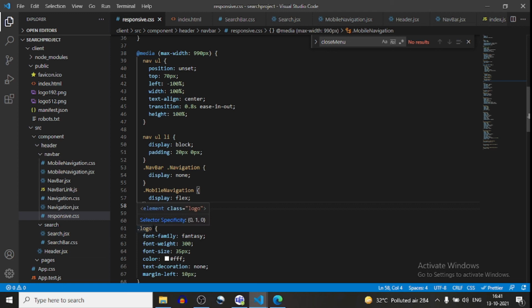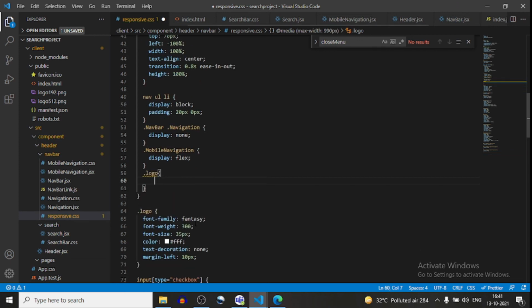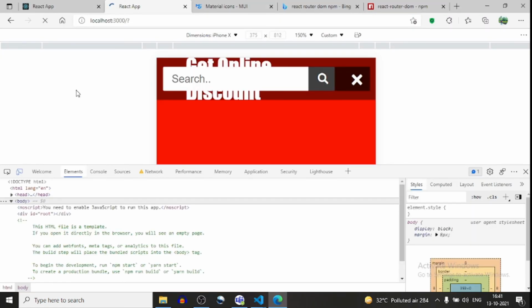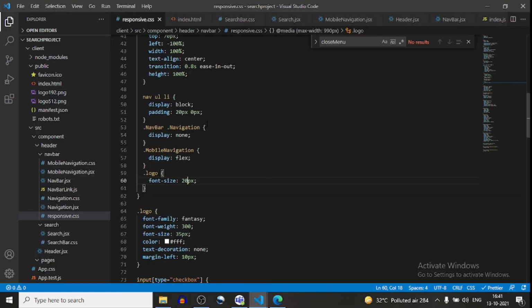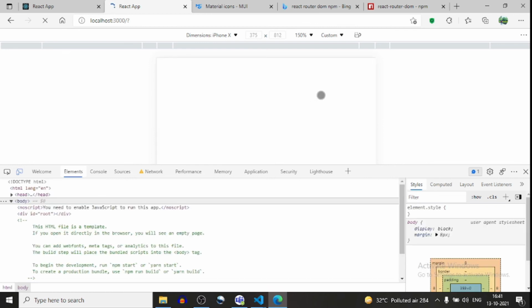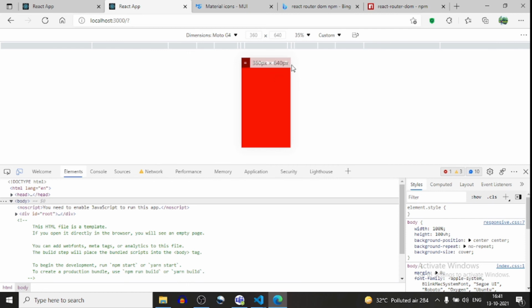The logo font size will be 20 pixels. Now if I refresh, it's still not taking, so I will add important. Now you can see it's working as expected in all devices.